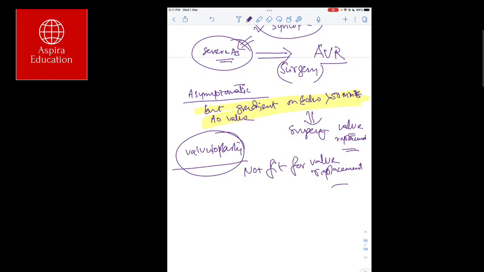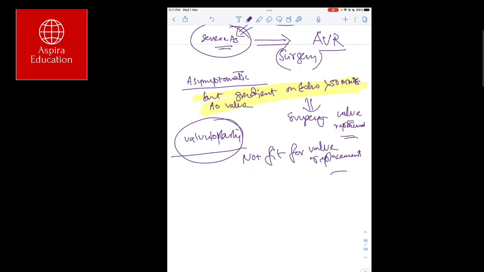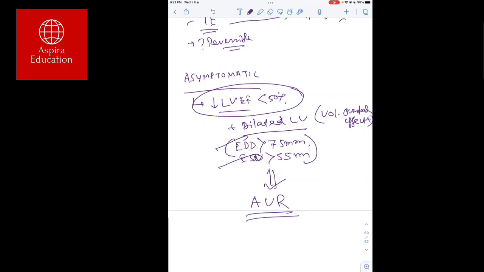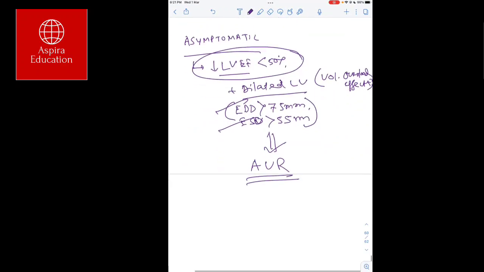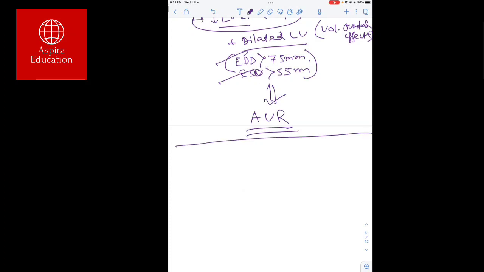So there is not much scope of medicine in critical AS. The most important decision that we need to make is whether we should refer this to CTVS or not, and that is the aptitude which will be tested in the examination. That will be enough for you. Moving to the next one, we have almost completed the valvular diseases, but one area is left, that is mitral valve prolapse.